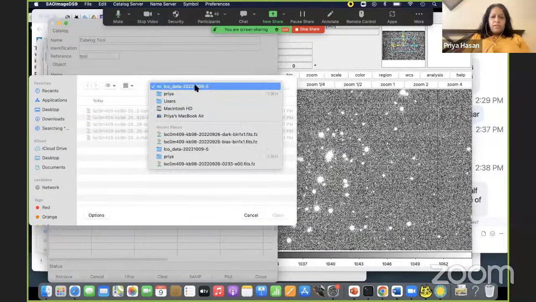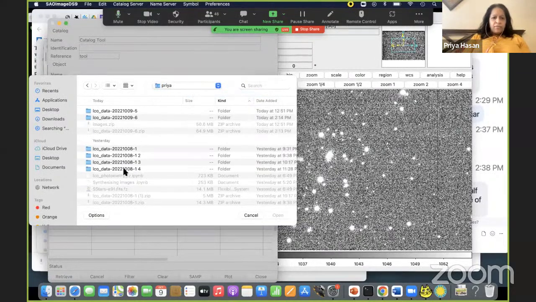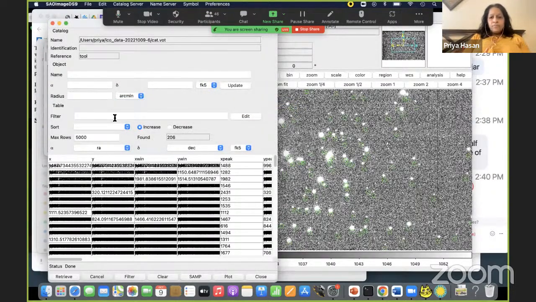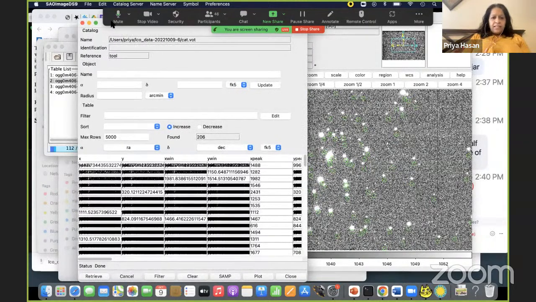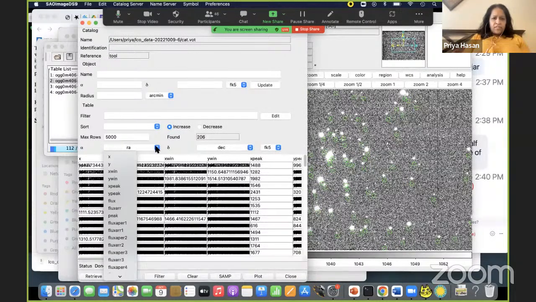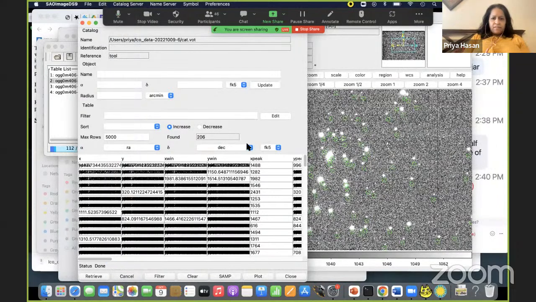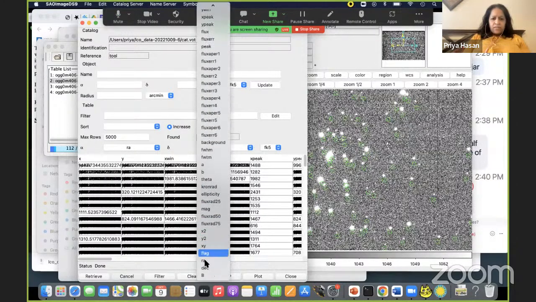This is not the folder. I want the 6 number folder, which is this one. Here is my cat. I put it over here. And here you can see it's doing the wrong. I'll have to tell it to take RA here, deck over here,